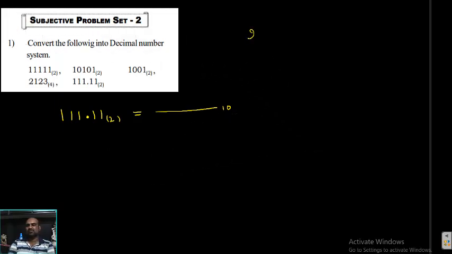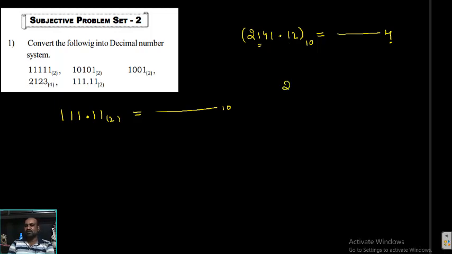So the question is: 2141.12 base 10 is equal to dash with base 4. How to convert? I will explain. First of all, this number has an integral part and a decimal part. The integral part should be divided by 4. You get some remainders, and the remainders give the integral part of the required number. The decimal part should be multiplied by 4. It is the reverse process, multiplication. Integral part should be divided by 4 and decimal part should be multiplied by 4.